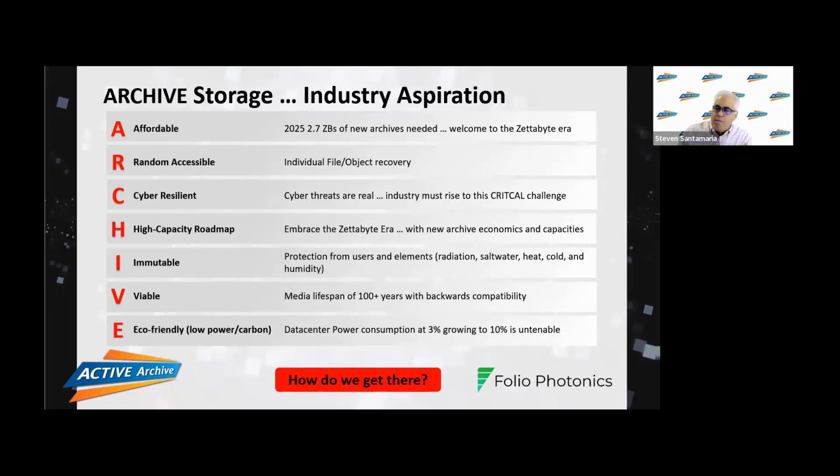Affordability is more and more into play when we look at, in 2025, 2.7 zettabytes of capacity are going to be required for archiving data. And that's a phenomenally large number. It's almost a number that exceeds the total manufacturing capacity of the industry and only goes up. The industry's growing at a 30% CAGR. And so really the opportunity is we're going to need more and more archive technology to help manage it,